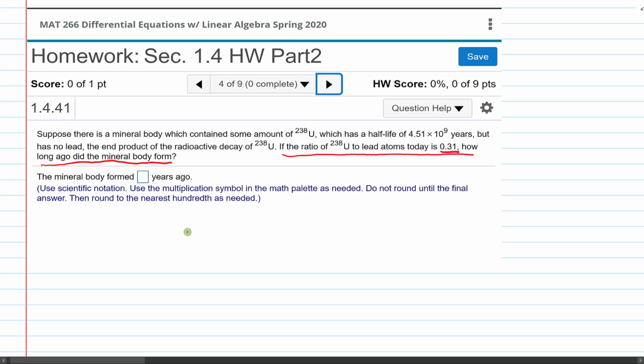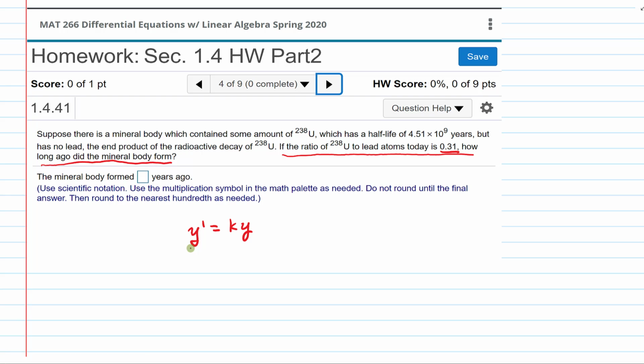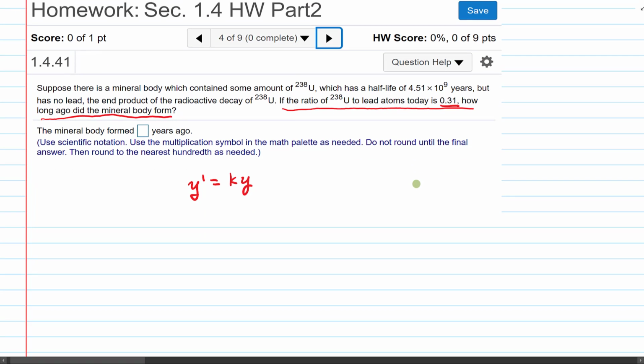Because this is a radioactive decay problem, we know we're working with the differential equation y prime is equal to ky, and I like to just use the symbol k. We will see in this case that the sign on k ought to come out to be negative if this is radioactive decay. So without further ado, we can go ahead and solve this differential equation by separation of variables. So we've got dy over y is equal to k dt, and then we integrate both sides